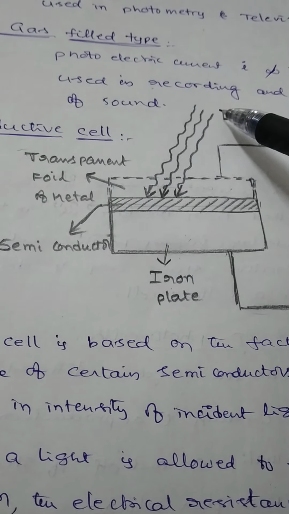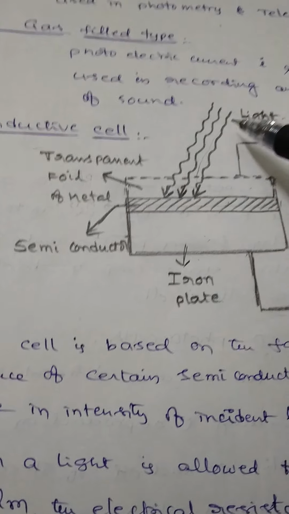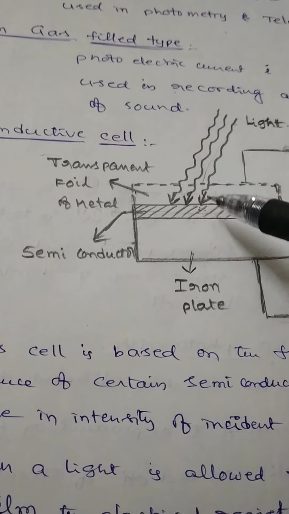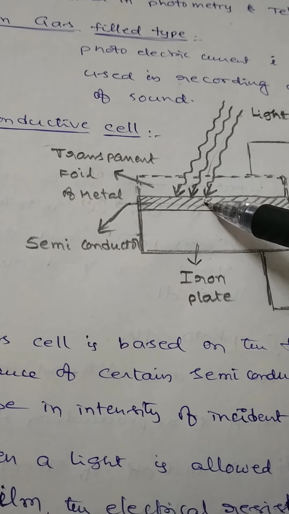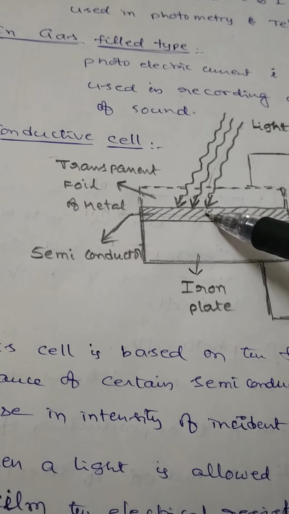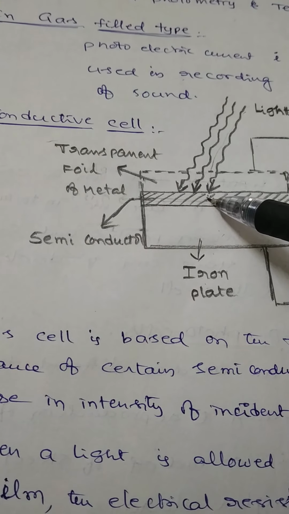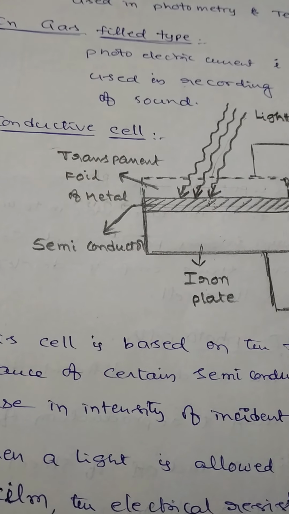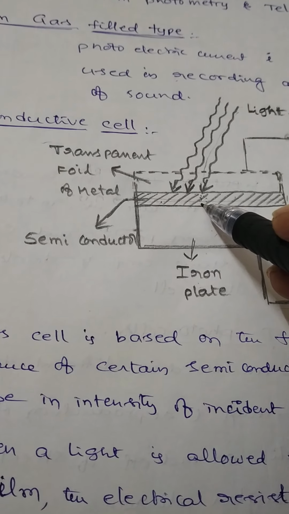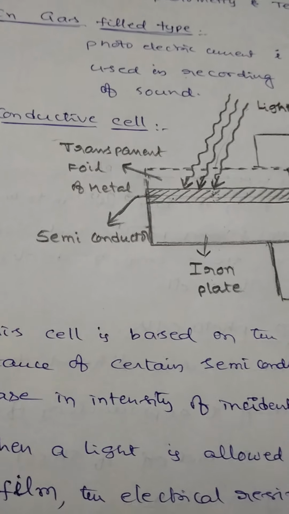What is the working principle of the photoconductive cells? Suppose a light of sufficient energy is made to be incident on the semiconductor. This light can heat up the semiconductor. On heating, the resistance of the semiconductor decreases. Remember this point. In case of semiconductors, resistance R is proportional to 1 by temperature. On increasing the temperature, resistance of the semiconductor decreases. But in case of a metal, R is directly proportional to delta theta. On increasing the temperature, resistance of the metal also increases.